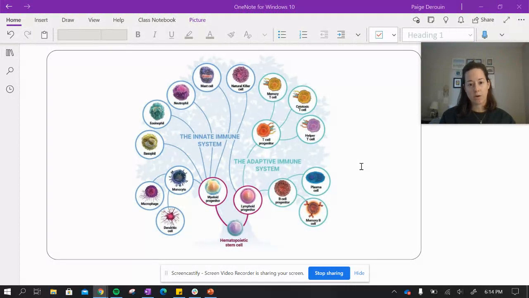And then you also have cytotoxic T cells who are going to be responsible for doing the actual killing of infected cells, and helper T cells who are going to activate other T cells and also activate B cells in the process. Okay,